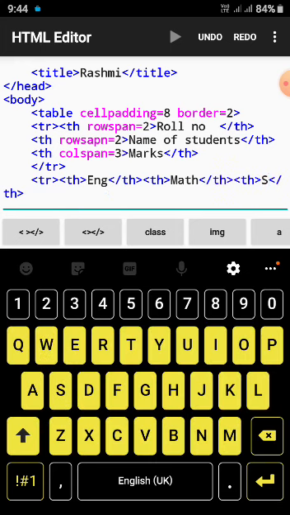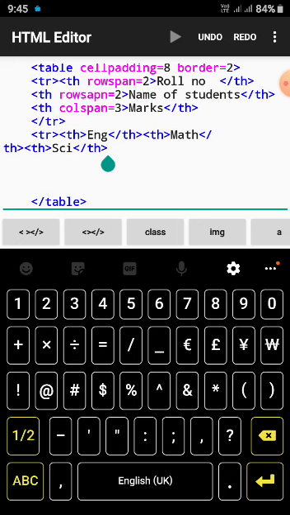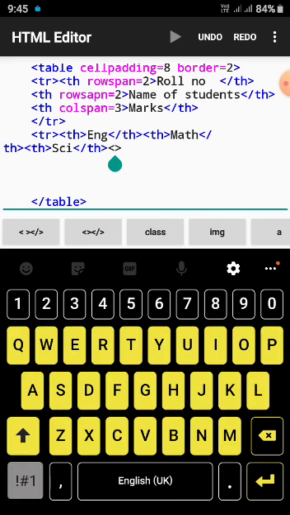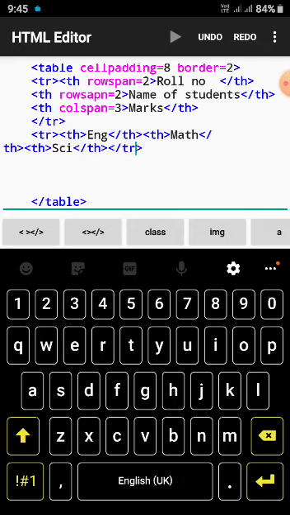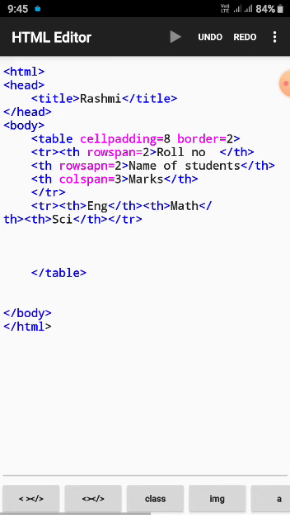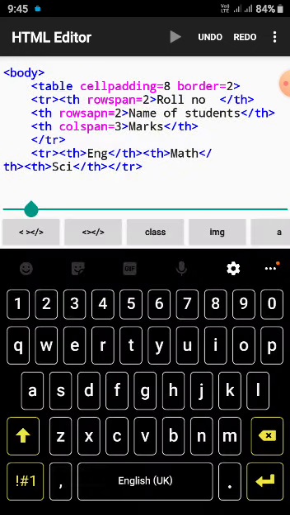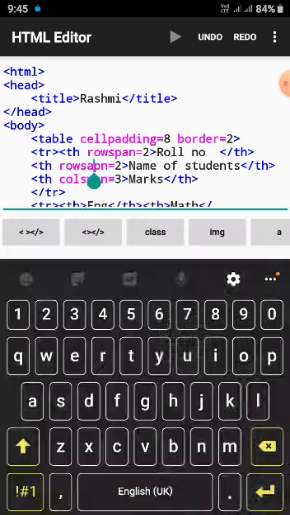Now after you did this much, check how the output is coming. Or we need to close TR at the end. We didn't do that. So you make it TR, because the row has to end, student. Okay, check. Is it perfect? No, there is still a mistake. Where did we make the mistake, please see. We made the marks as 3 and the row name we made 2. Rowspan spelling is a mistake here, students.